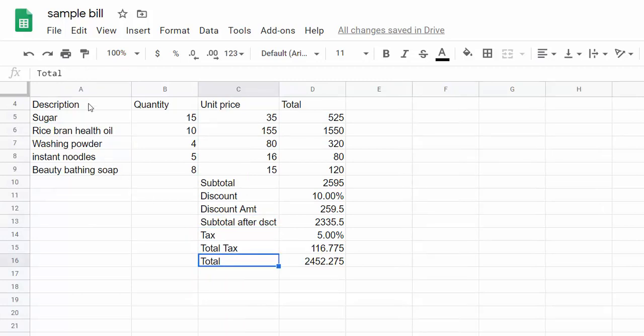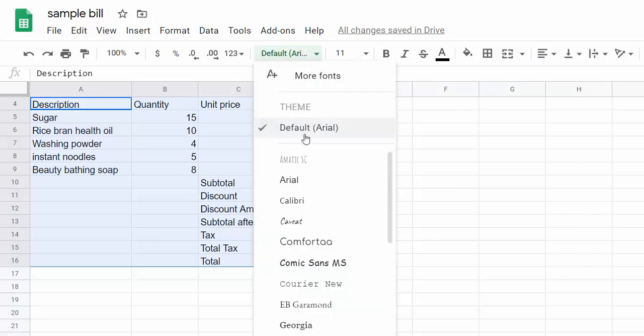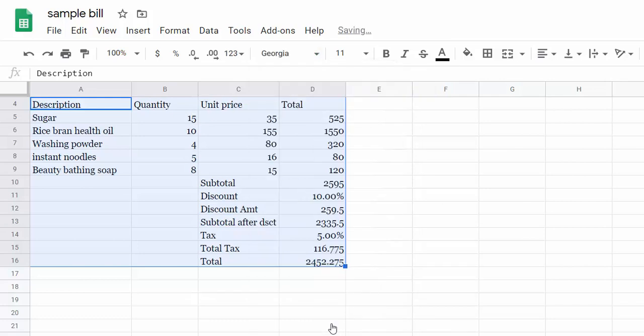Second thing is you can change the font. I press Control A to select all the content. If you want to change the font, you can change the font. Let's say I am making it Georgia font. Then if you want to make it bold, you can say bold, or you can press Control B from the keyboard.